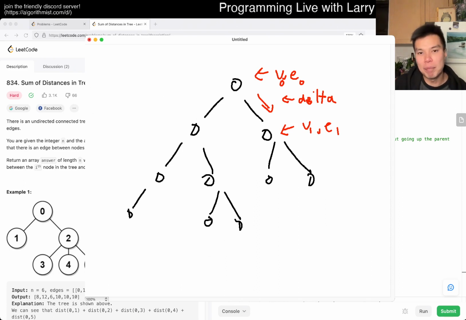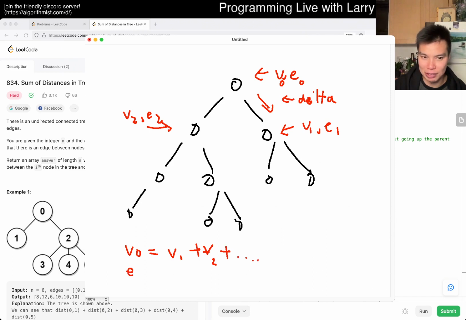This delta H, so basically, V of 0 contains, at a basic level, let's just call this V of 2, right? And of course, I drew a binary tree, but you can have more edges. But basically, V sub 0 is equal to V sub 1 plus V sub 2 plus ... right? And E sub 0 as well, right? So now, what is the delta here, right? Well, from the perspective of the V1, right? Well, that's just equal to V sub 0 minus